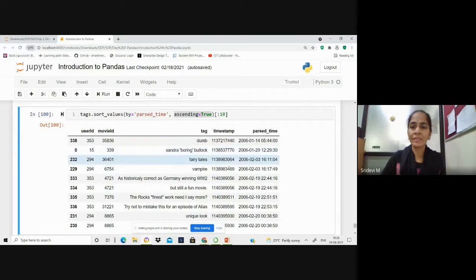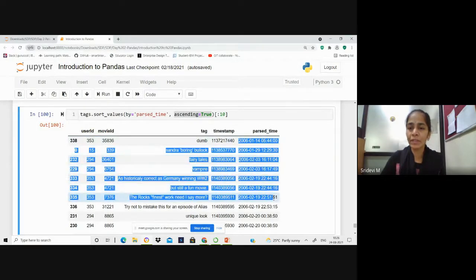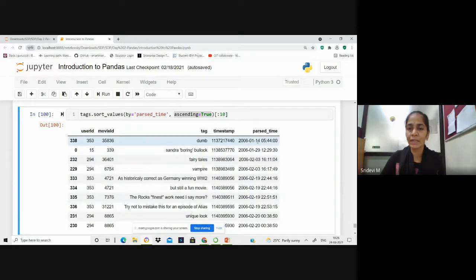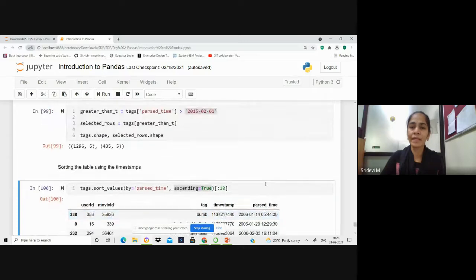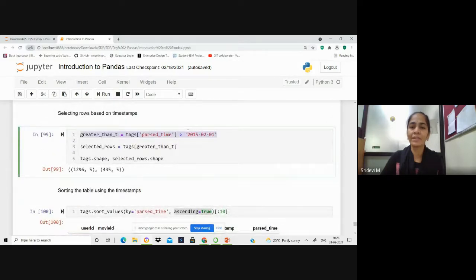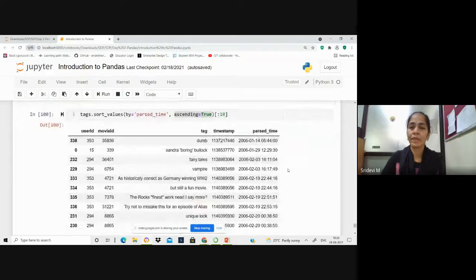Now we can see in this result, according to the parse time, all the dates are greater than the date given in the filter. All the tags given to the movies by the users after a particular date are arranged in chronological order in an ascending manner.